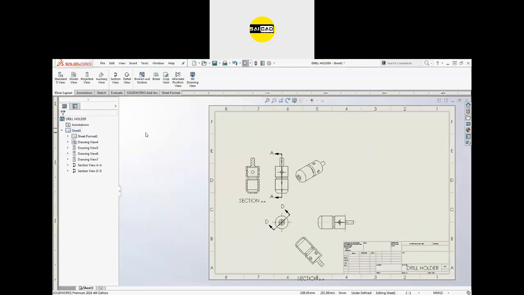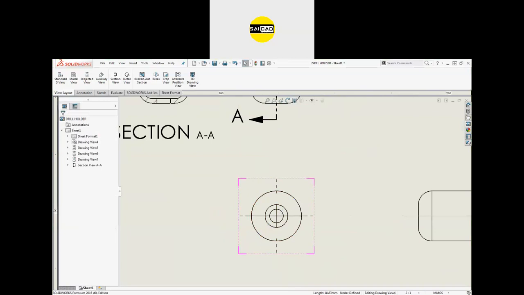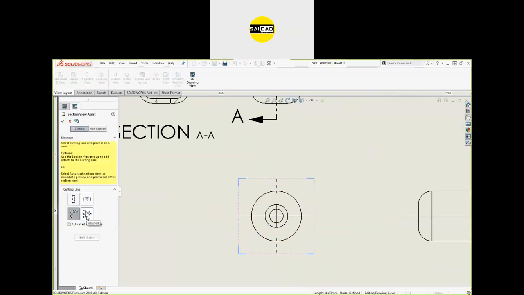So these are the different types of sections. In that you can just cut it at a separate angle also. Like I don't want a straight line cut, I just want an offset type cut. So here is the last option, that is the line. So here I want the cut from here to here.